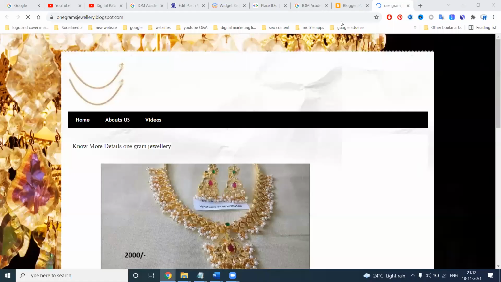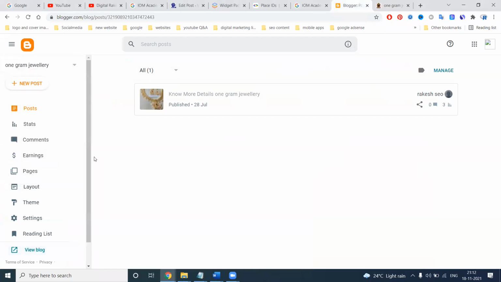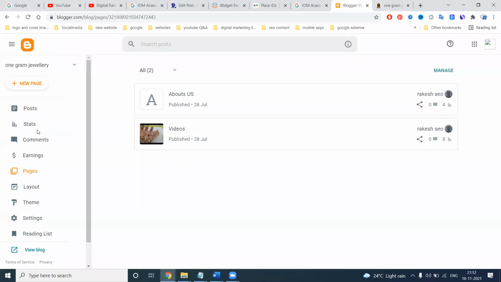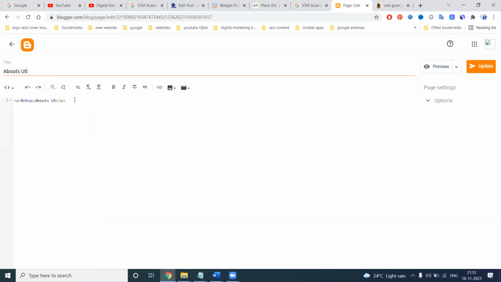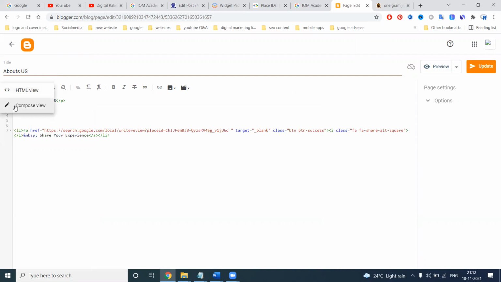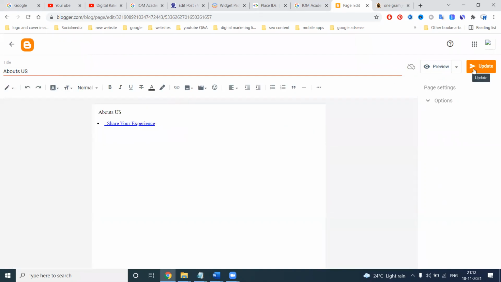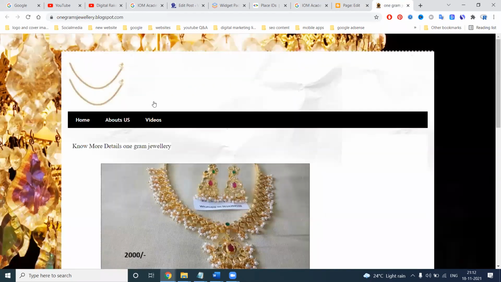I'm just taking one Blogger. We can go to the About Us page. In this, we have the option called HTML view. Paste it. Compose view. Publish.